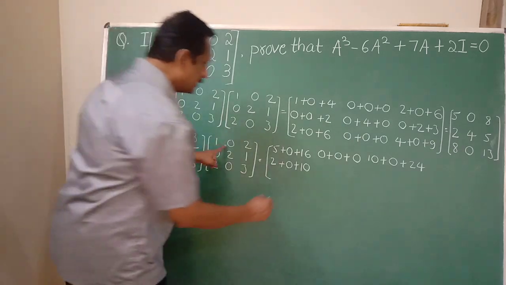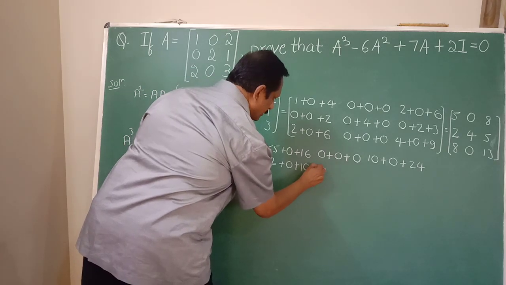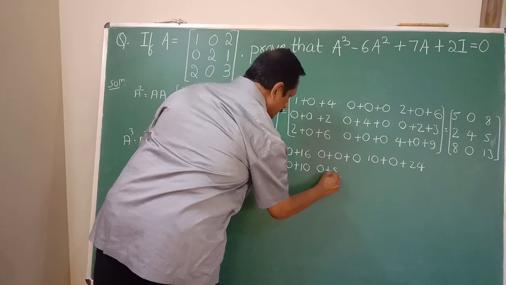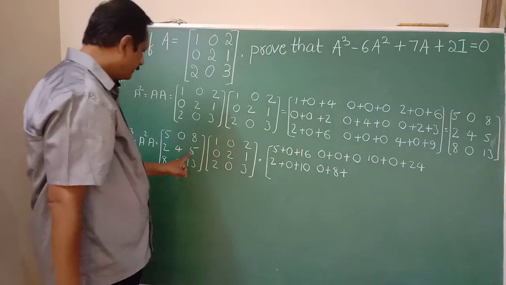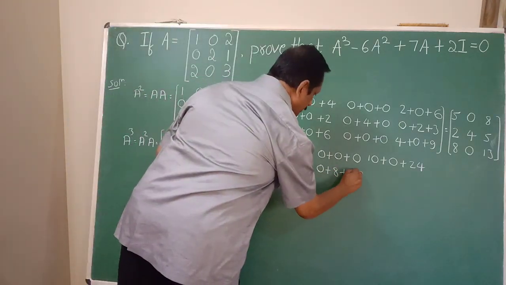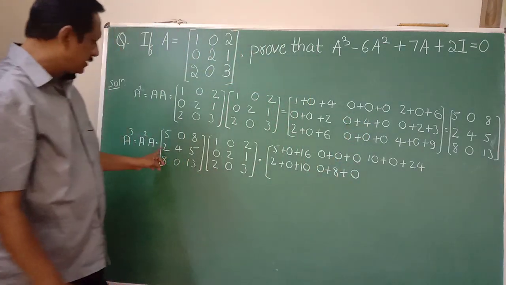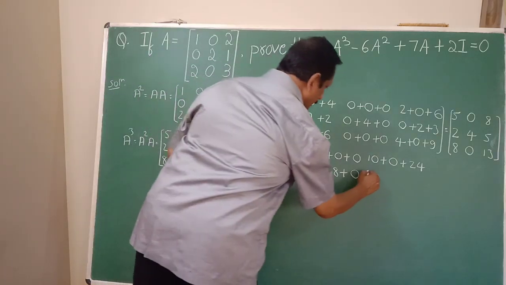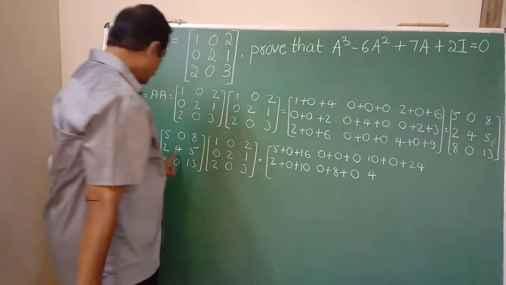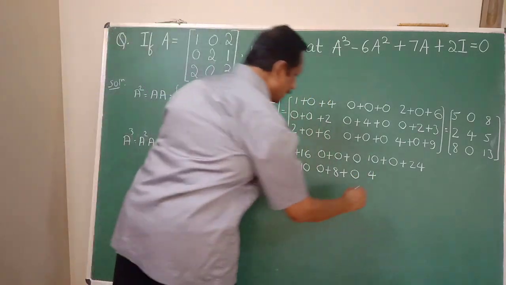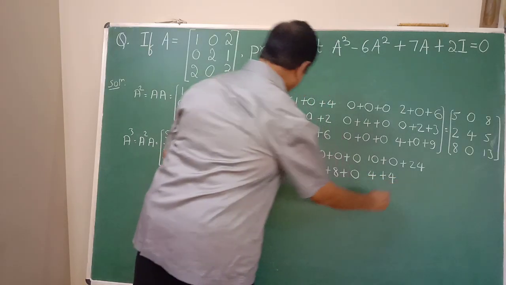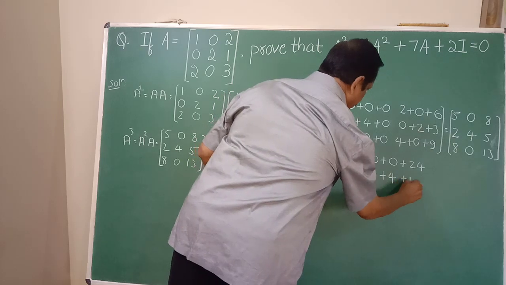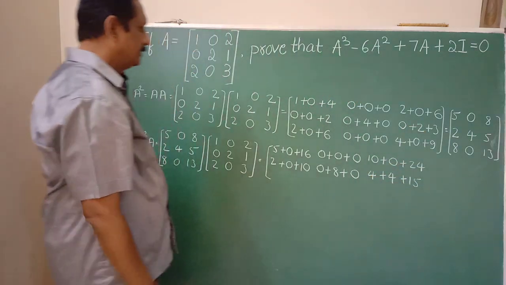Multiply second row with the second column now. 2 into 0 becomes a 0. Then a plus here. 4 2s are 8. So write here 8 plus. 5 into 0 becomes a 0. It is a 0. Multiply second with the third column here. 2 2s are 4. So write here 4. Then 4 into 1 becomes a 4 here. Plus 4. Then 5 3s are 15. So plus 15 here.